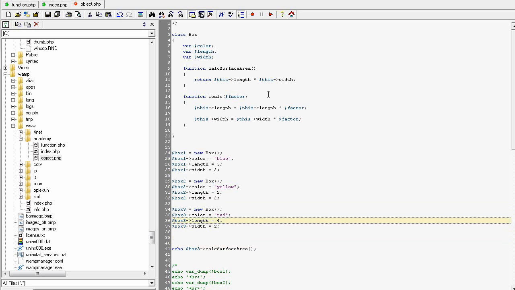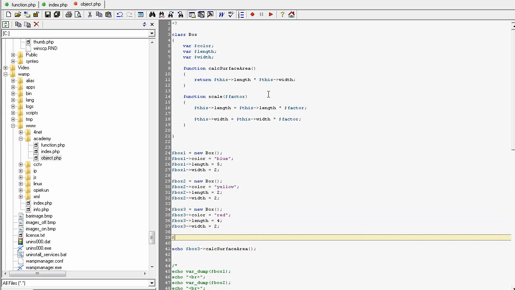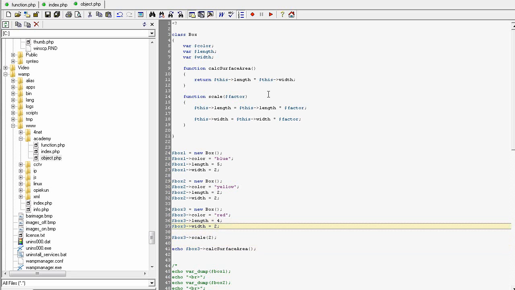It is initialized with the dimensions 4 and 2, and now we will call the method scale on the object box 3 with the factor 2. What should we expect? The surface area of 4 and 2 would be 8, and